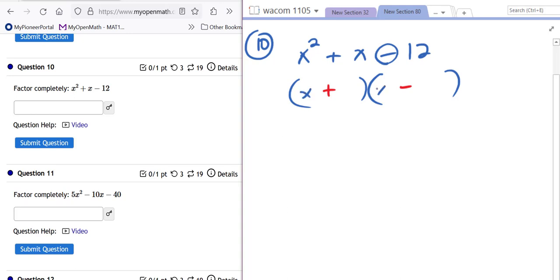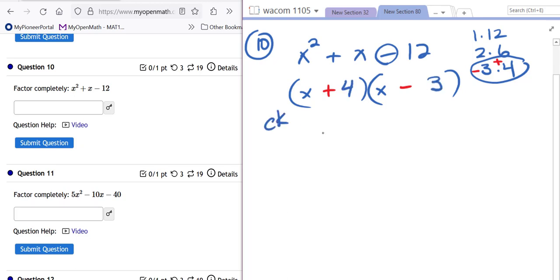And split those x's, we're multiplying to get 12. So 1 times 12, 2 times 6, or 3 times 4. When they're different signs, we want them to subtract. So we're going to subtract to get a positive 1. 4 and 3 will work. Now you have to be careful and get the right one with the right sign. This sign needs to go with the bigger 1. So the plus needs to be with the 4 and the minus with the 3. We'll put them in